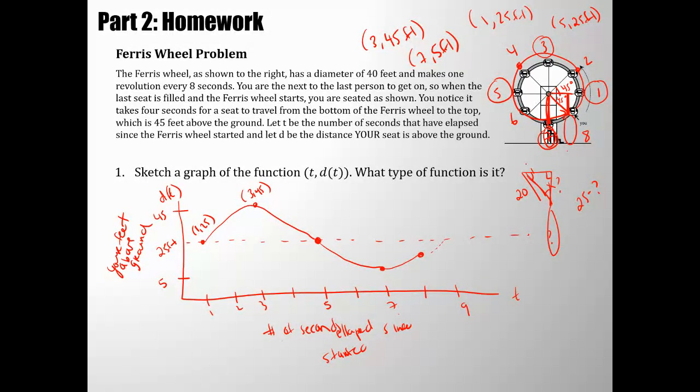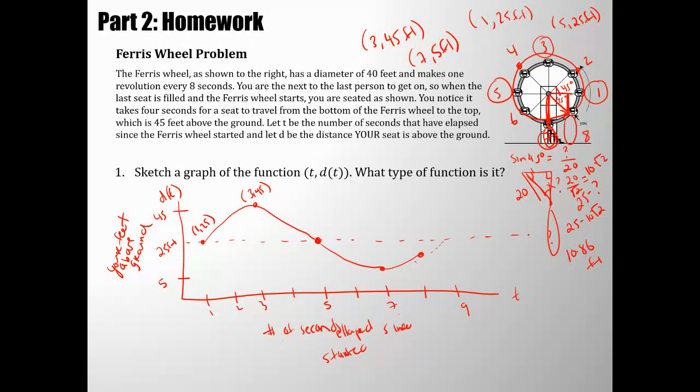Maybe you remember special right triangles, or you remember how 45-45-90s work. I could say I want to figure out this. I can even say the sine of 45 degrees equals whatever it is over 20. I know the sine of that. It's 1 over root 2. So I've got 20 over root 2, which is 20 root 2 over 2, so 10 root 2. Right, and so that height is going to be 25 minus 10 root 2. What's that approximately? 25 minus 10 root 2 is about 10.86